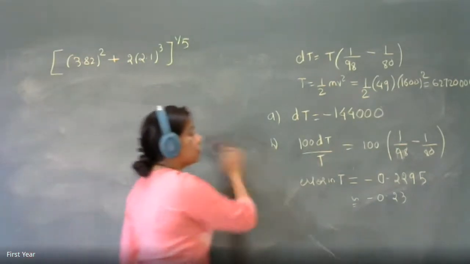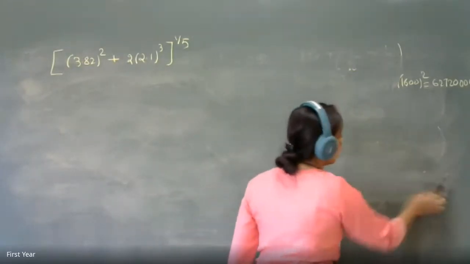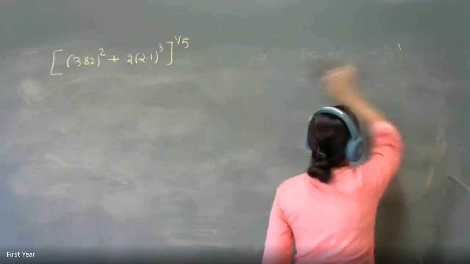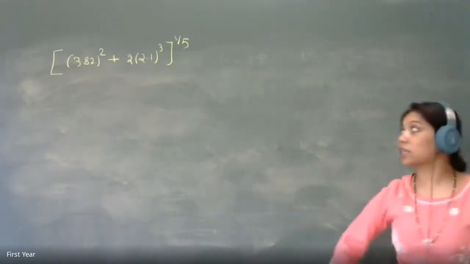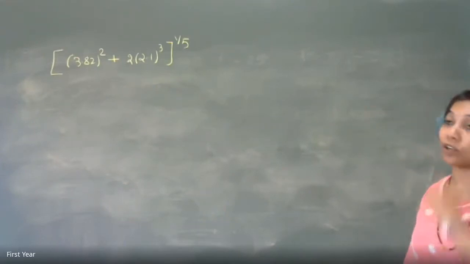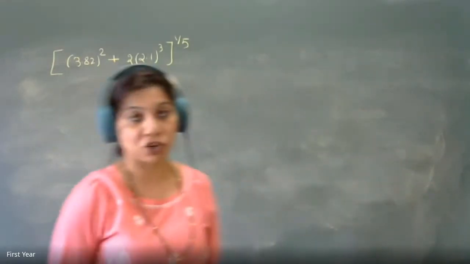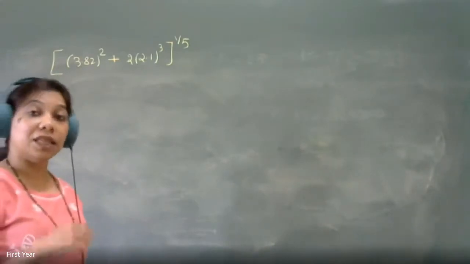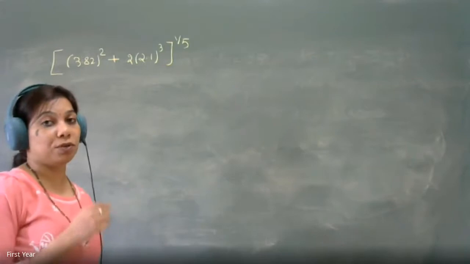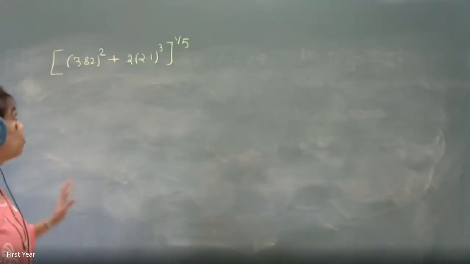So theory of approximation means that if there is a change in the variables, then what will be the ultimate change in the final function? That is called the approximated value of the given function. So looking at the equation, you don't know what the given function is directly. You have to consider the function. How many variables to be considered, that also you have to decide. And then you have to see how you are going to use the approximation theory. Can anybody tell or at least guess what we are going to do?